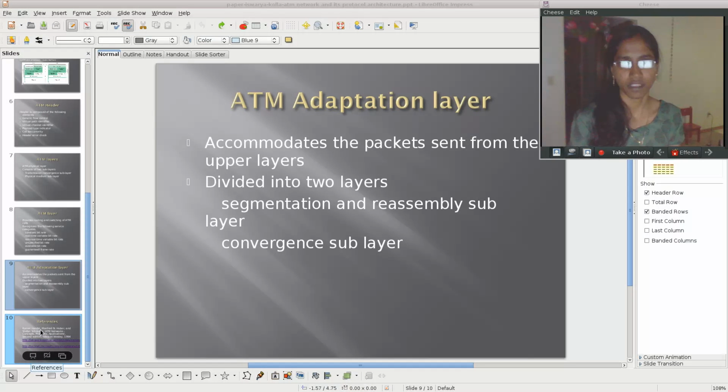Types 3 and 4 are combined together and they support both class C and class D services. In this type, the convergence sublayer is divided into two parts: the service specific convergence sublayer and the common part convergence sublayer. This works in two modes of operation: message mode and streaming mode. Message mode is responsible for